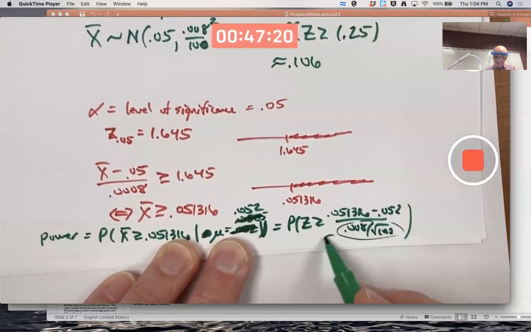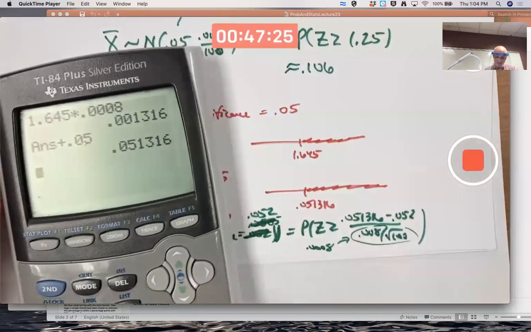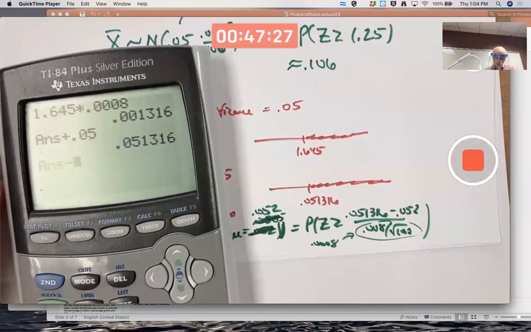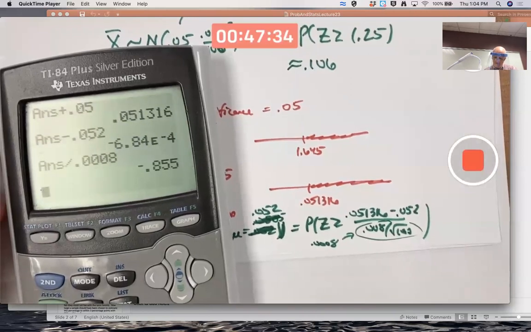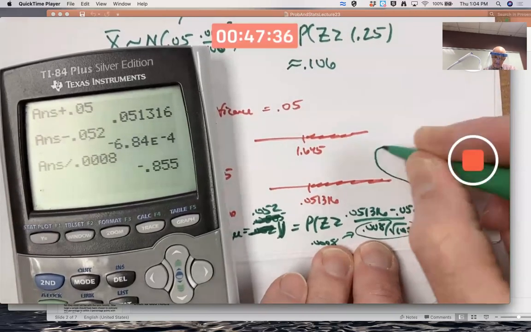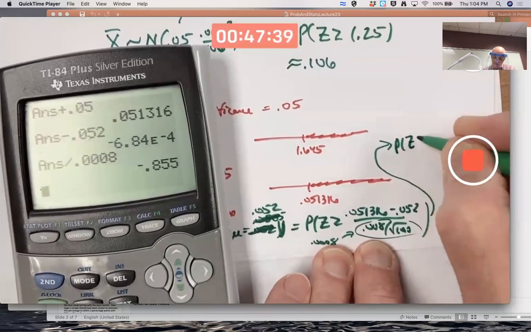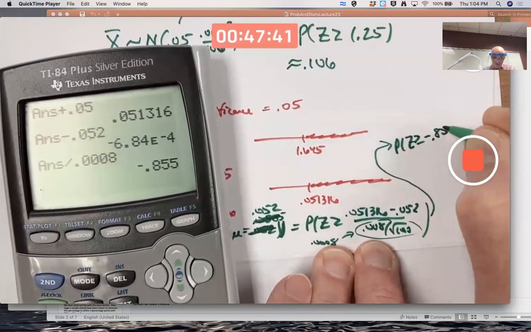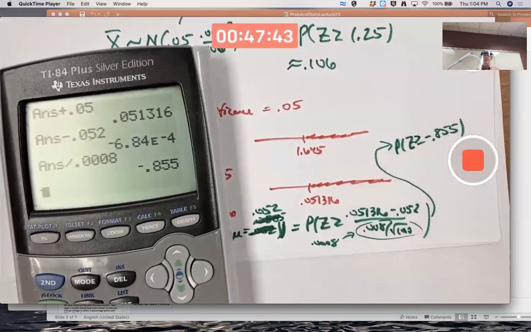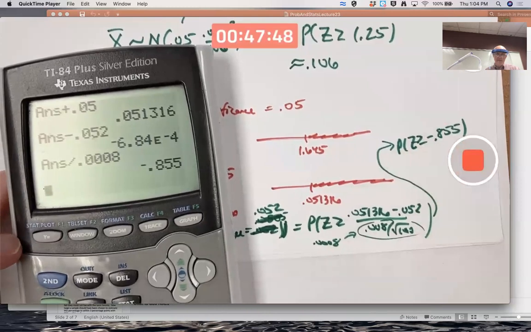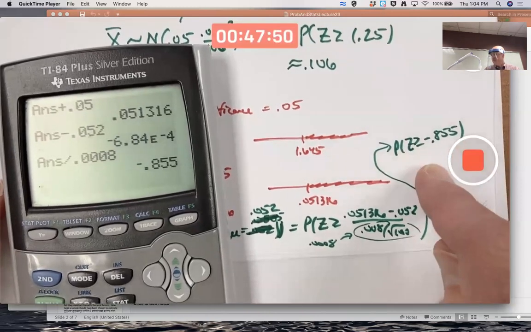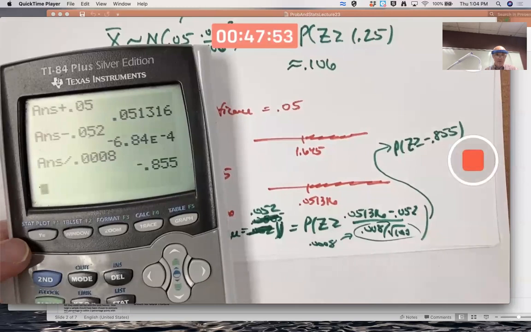This is still dividing by 0.0008. Okay, what's the numerator of that fraction? Subtract 0.052. We get a negative number. That's okay. Divide by 0.0008. This is approximately the probability that z is greater than or equal to negative 0.855. I'll go ahead and use 3 digits, even though that's not in the table, because we have the calculator. Z is greater than, that's going to be higher than 50%. It's going to be 1 minus